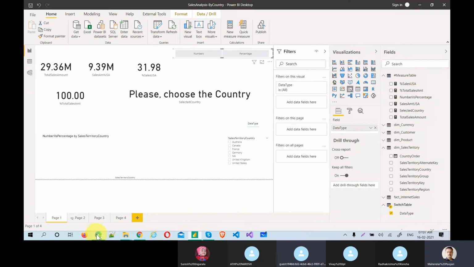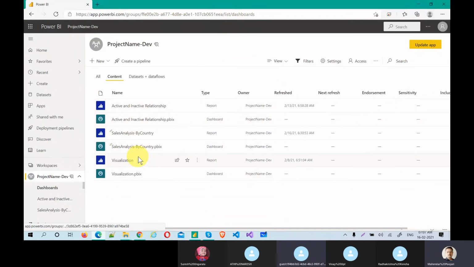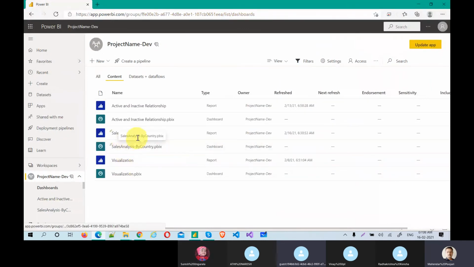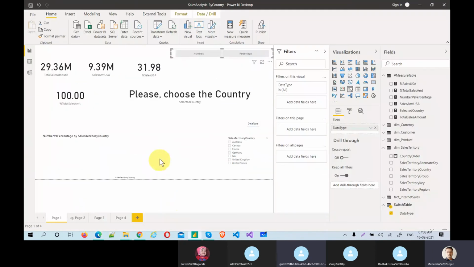Let me check in the service. We did not check that. What was the file name? Yeah, you see the latest one like this. Still, a lot of formatting options are there, but let's see.